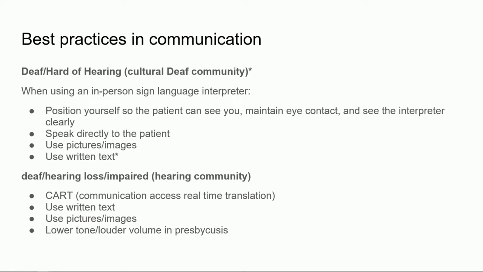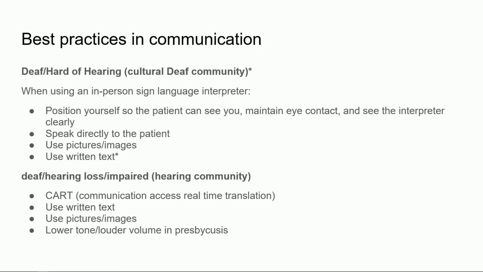And with this group, the gold standard when communicating with them is to have an in-person ASL interpreter. I recognize that is unique to certain areas of the country. I'm very lucky where we are. We have wonderful interpreters. Obviously here in Austin we do as well. But that may not always be available, and so in that situation you can think about using the VRI or interpreter in the iPad. I think an in-person interpreter is still the gold standard, and if you have the ability to, that is best. You have to position yourself so that everyone can be seen during the encounter.